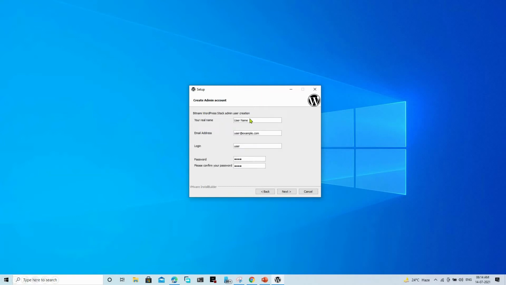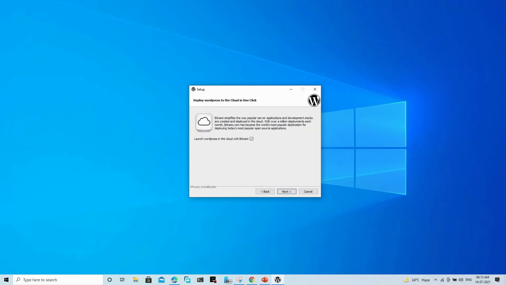Then put your name, email address, and a login ID and password. So this will be your WordPress login ID and password. So it is very important that you give a correct one and remember it, otherwise you will not be able to log in. Then name your blog. Then I just skipped it. It is an SMTP setup, but again, the idea of this video is to escape all the technical things. So for trying out in your localhost, this is not really necessary. Then you click on next again, and click on next again.